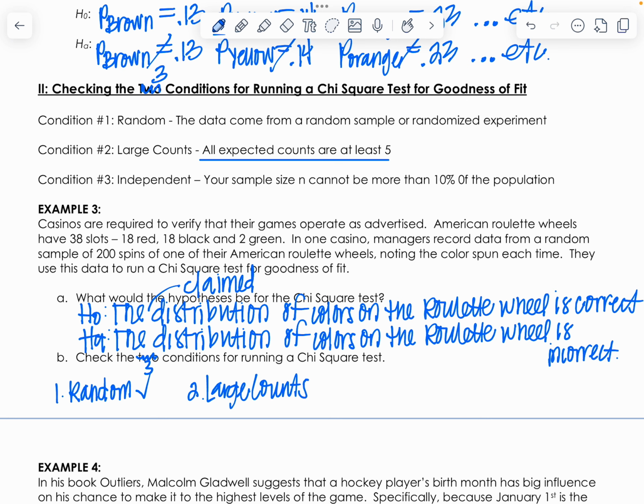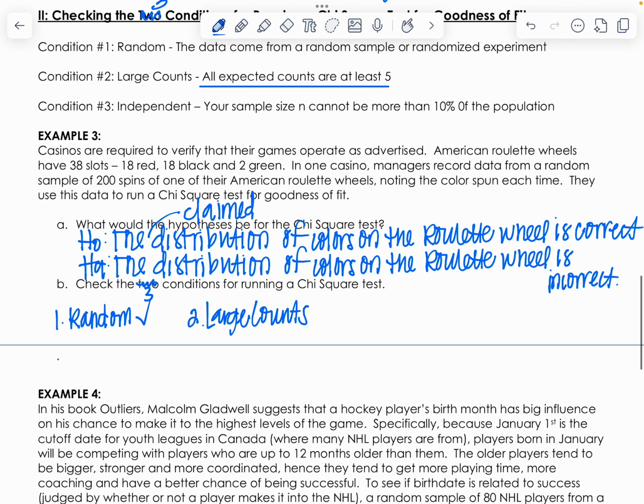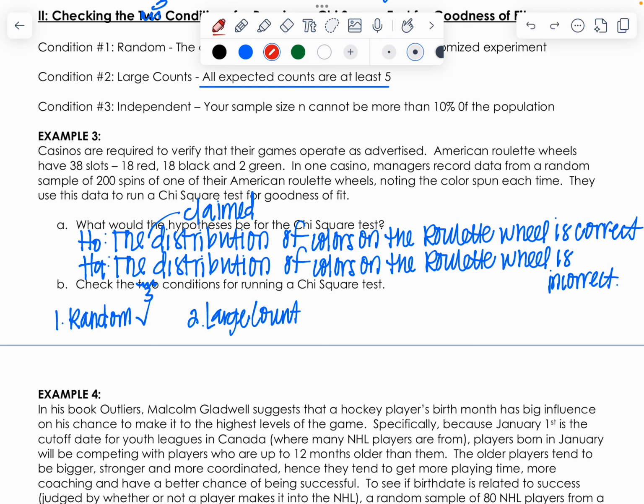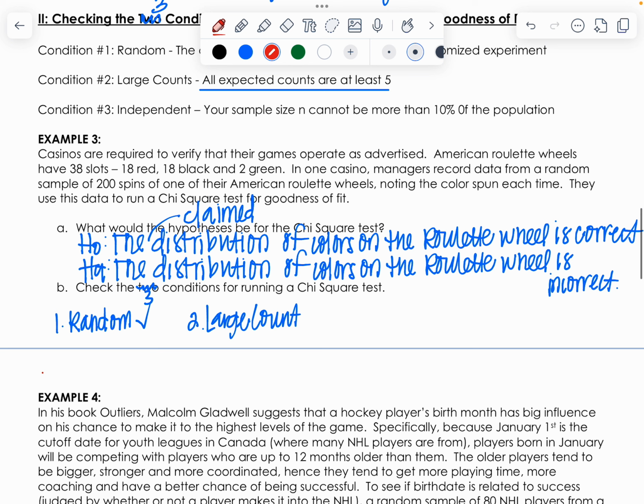To do large counts, we would have to know our expected counts. So we can write those down below. Right? So our expected,